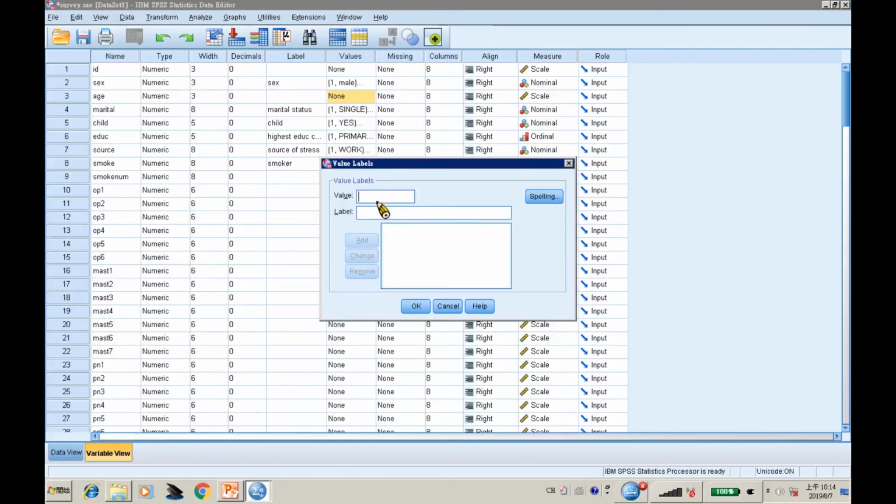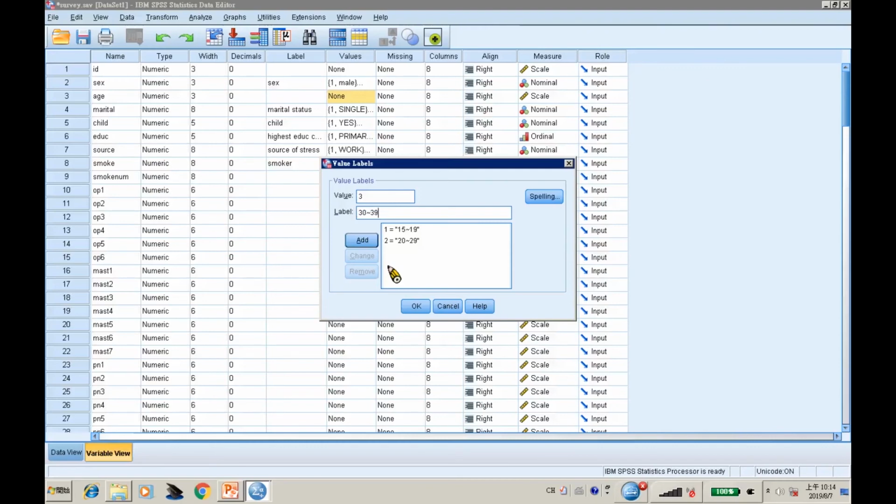Maybe for 1, I set up 12 to 19, and for 2, maybe I set up 20 to 29, and for 3, maybe 30 to 39. Because if you don't set this up, after you run SPSS, everyone may